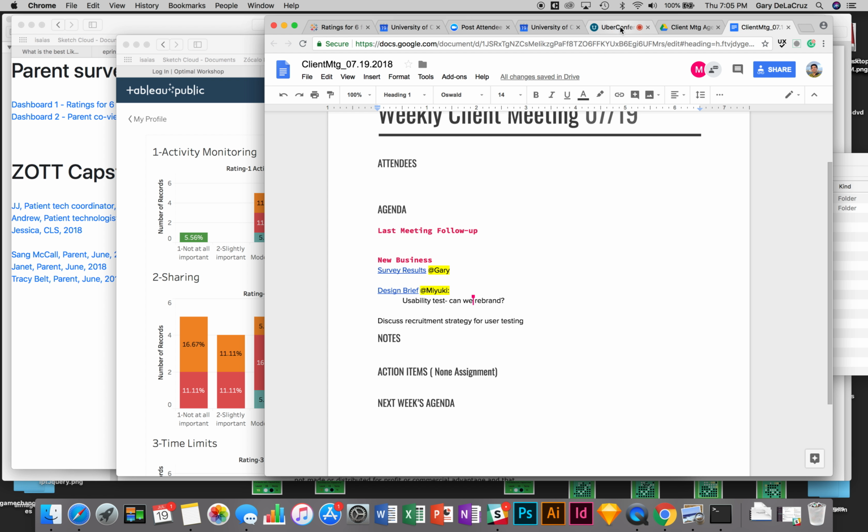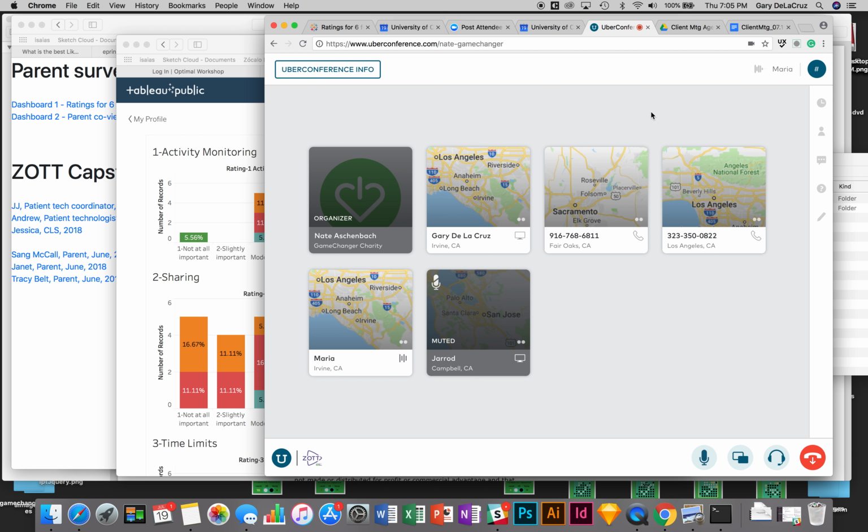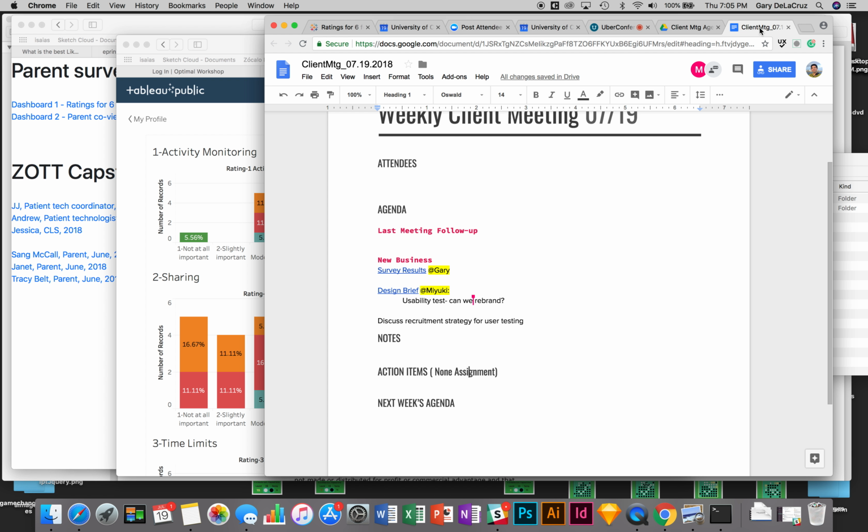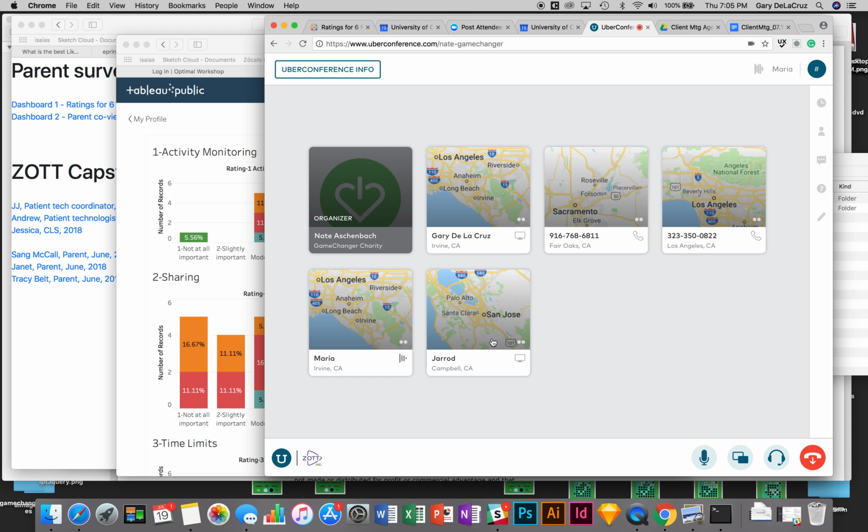All right. So we just have 2 items tonight, so it should be a relatively quick one. The first, Gary will present the results of a survey we did. And I'll let him go ahead and jump into that. And then the design brief that nails down a lot of what we'll be doing moving forward. So take it away, Gary.